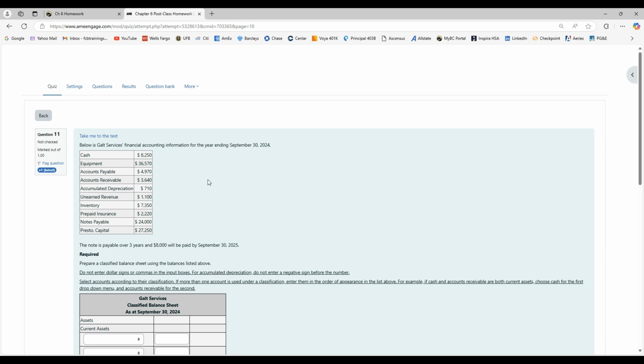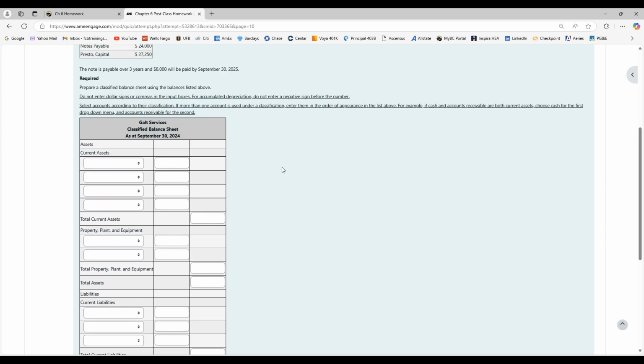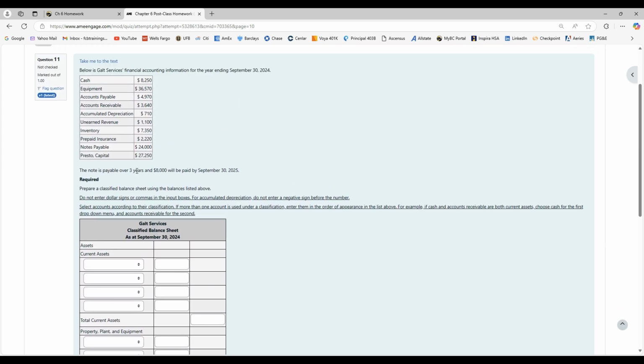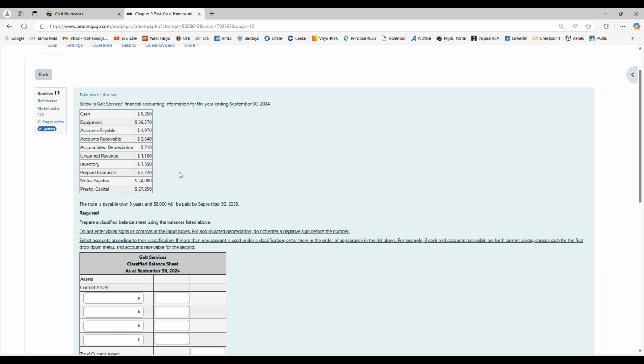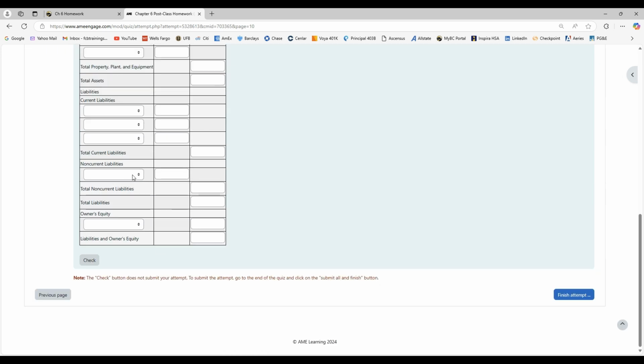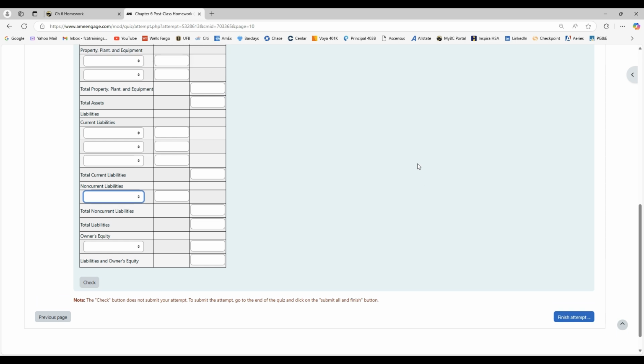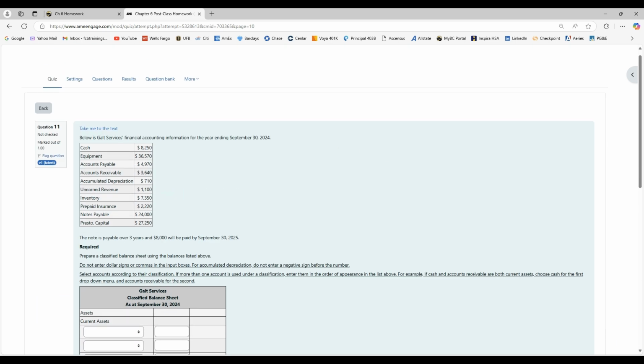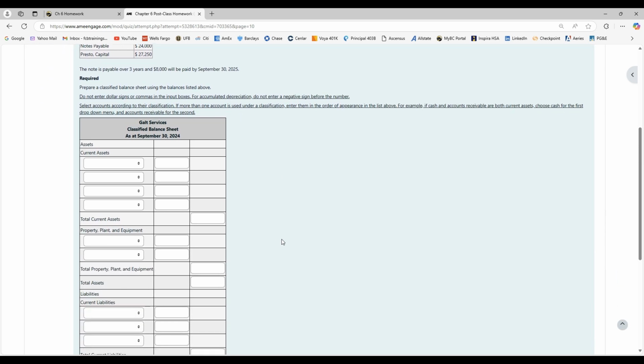Okay, let's take a look at this one. Looks okay. This is the same thing. In this one, we need to do a little bit of work to identify what is the current and non-current portion of the notes payable. So that will need to be separated out. That's the only real work you have to do, or analysis. And then the rest of it, again, is just plugging these amounts in down below. So I'll leave that up to you as well. And again, reach out to me if you have any questions, but hopefully that's a pretty basic, straightforward problem that's not too challenging for you all. But again, if it is for any